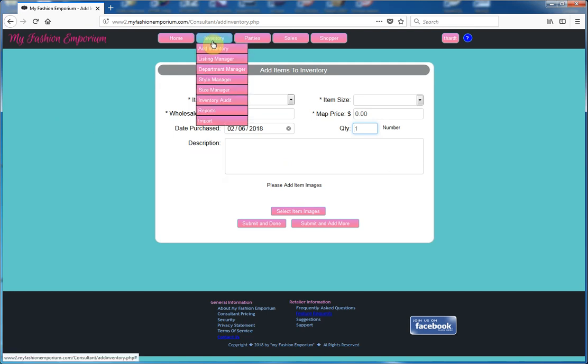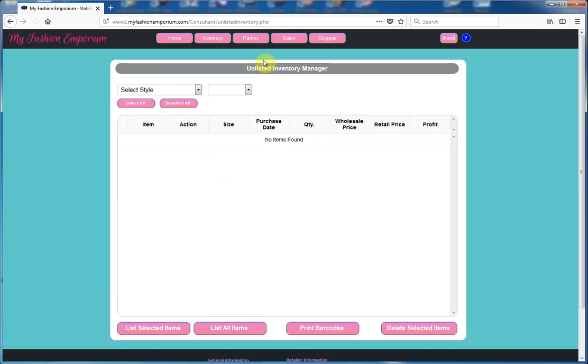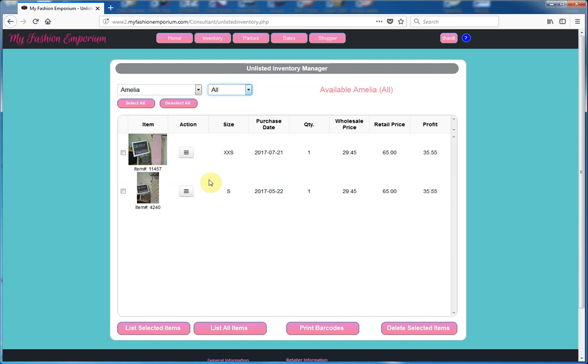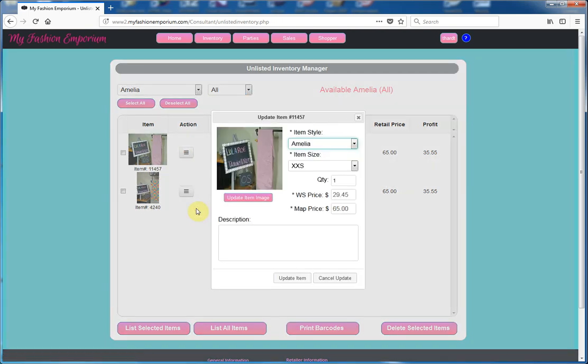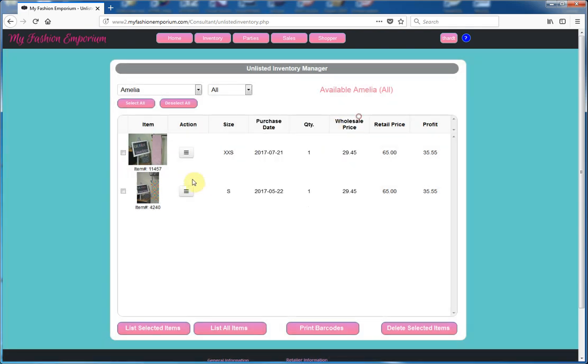All right, so again, as I mentioned, once you have added all your items, they originally come down over here to the unlisted items. So from here, you can manually sell items by just simply going sold, trade, giveaway, lost, or just list the item. You can edit the item in case you need to change quantities, pricing, or description, and